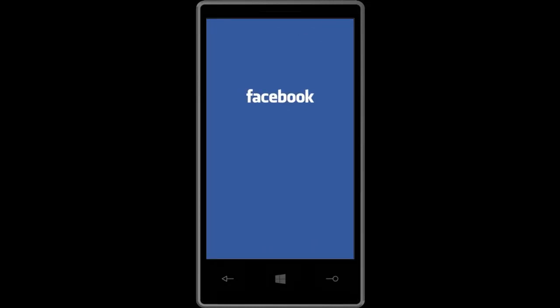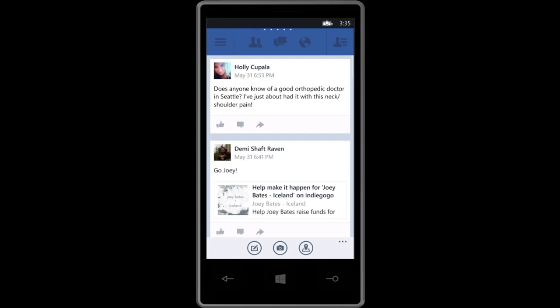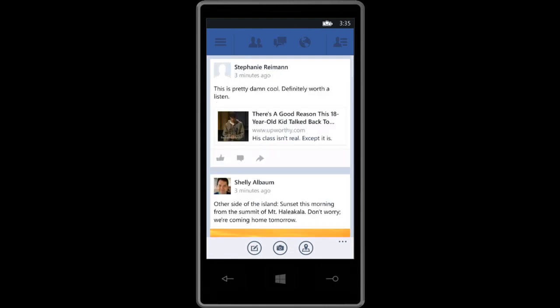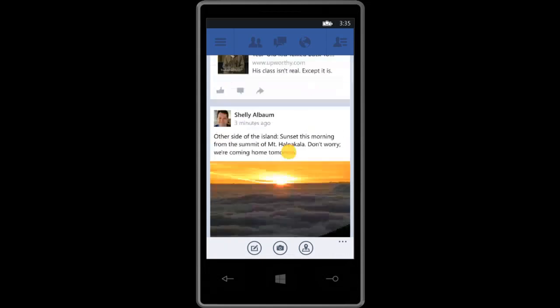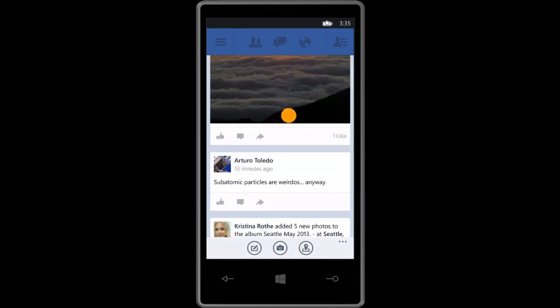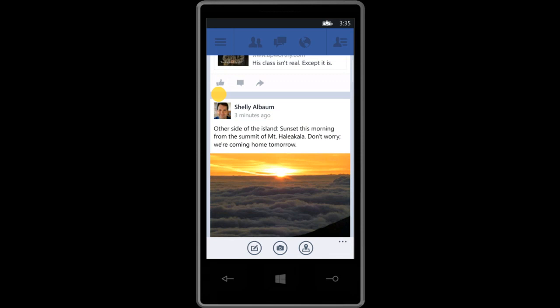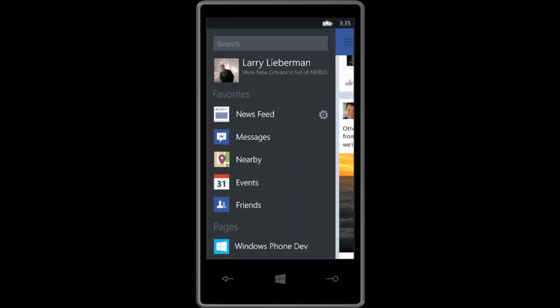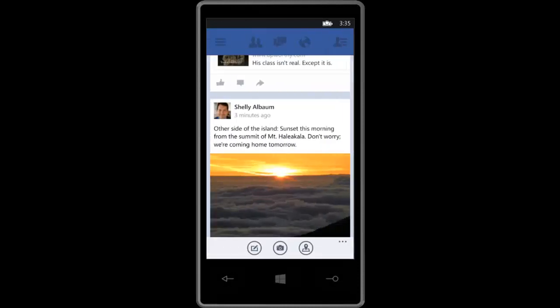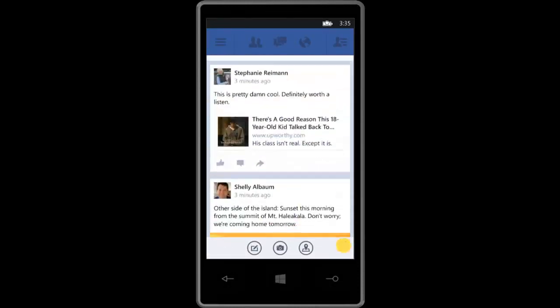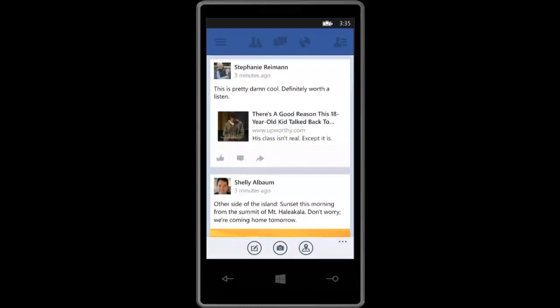And to bring home the point that our design system doesn't require that everything look like black and white, companies that have distinct brands can brand themselves and still leverage our paradigm. You'll see our new Facebook app. This is the beta, the new one. Looks very much like the Facebook application on other platforms, and yet it still maintains some of this paradigm here where you actually are seeing something very much akin to a pivot control, and they've got the application bar across the bottom here like this, and yet it looks and feels very much like their experience on other platforms.